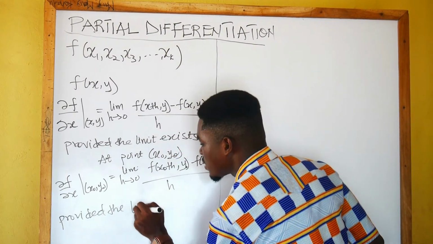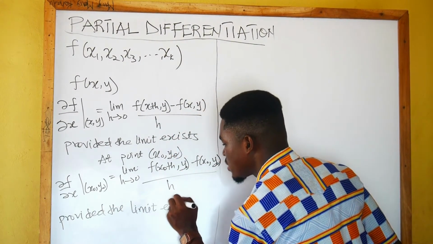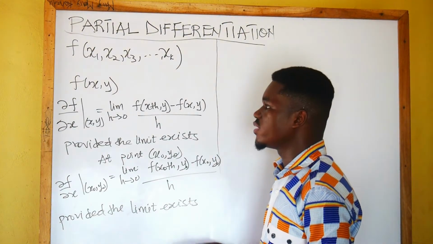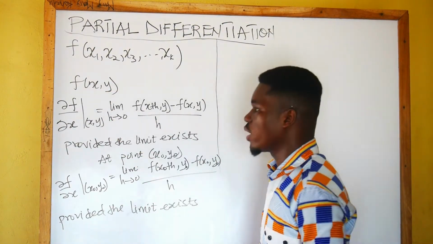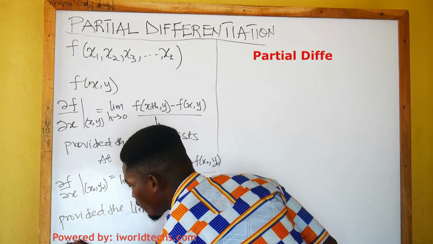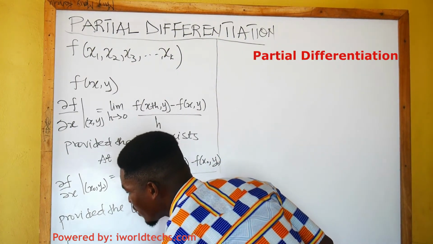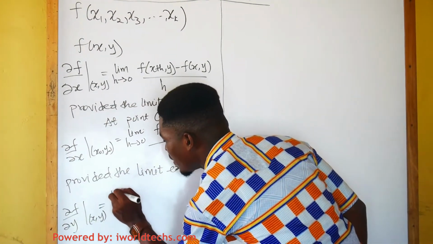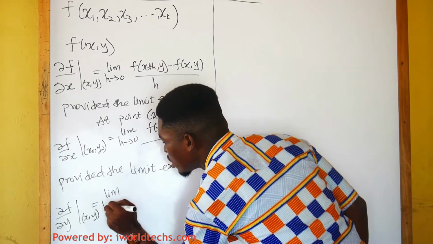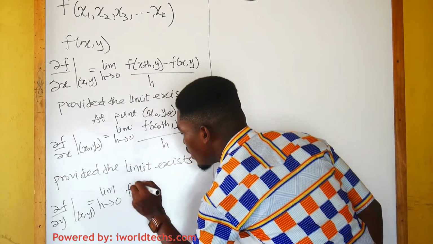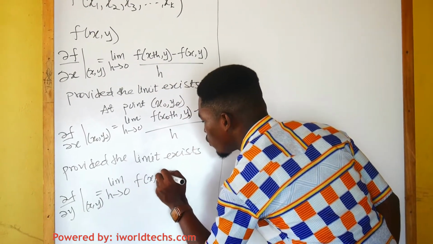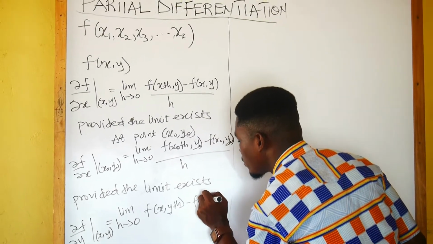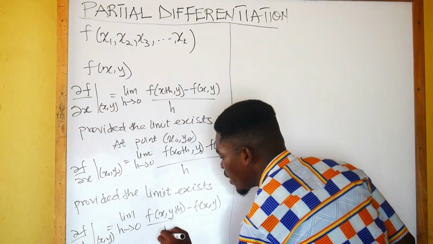the limit exists. Similarly, we can find the partial derivative of this function with respect to y. So partial f partial y at (x, y) is given by the limit as h approaches 0, f of (x, y plus h) minus f of (x, y), all divided by h,